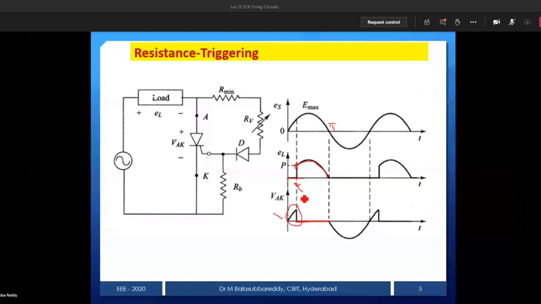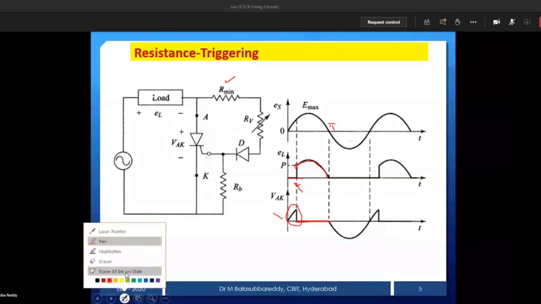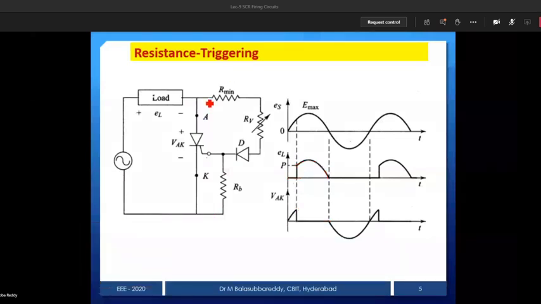Now the question is, why did I use R minimum? If I do not use R minimum, what will happen? Let us consider R minimum is not there. Unfortunately, you placed RV equal to 0, because it is a variable one. So if RV is equal to 0,